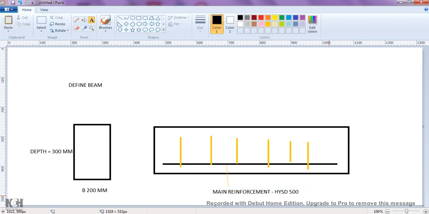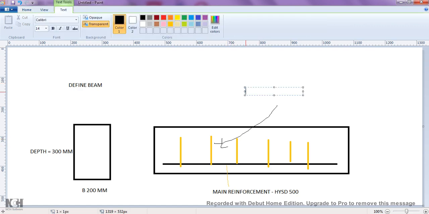And these are called ties, also called stirrups, or one more name is confinement bar. For this confinement or ties I will use HYSD 415.